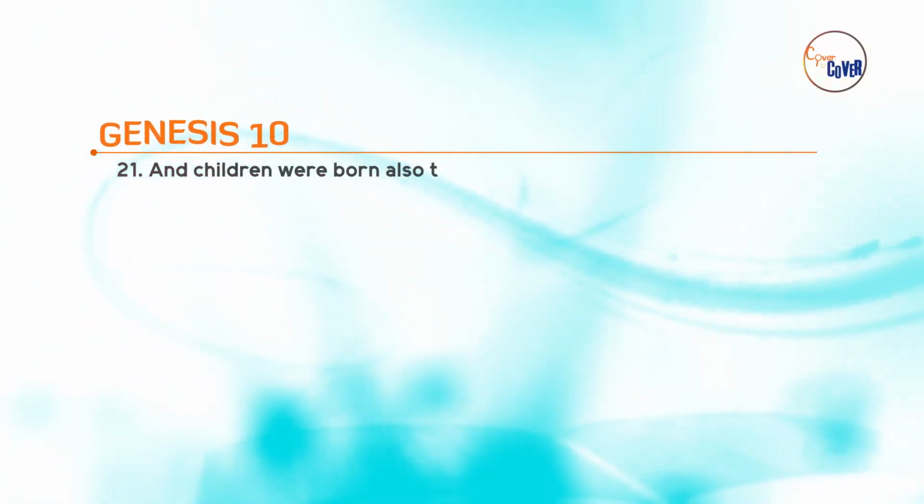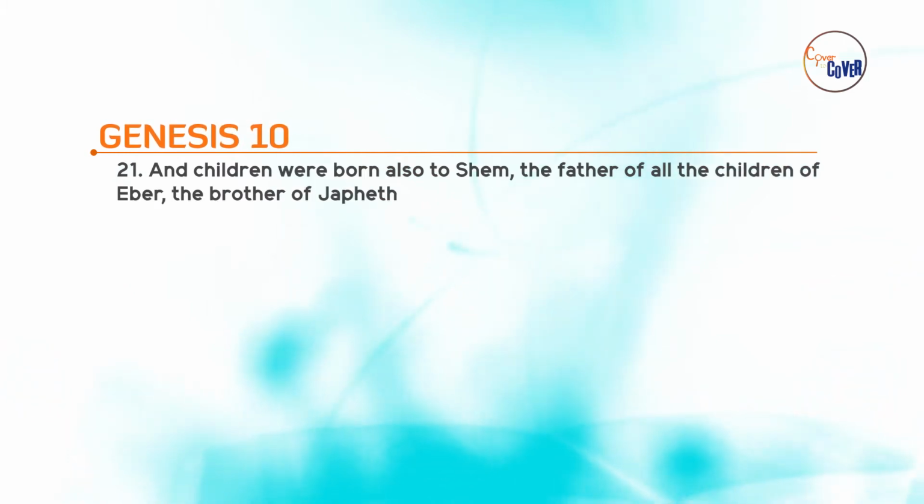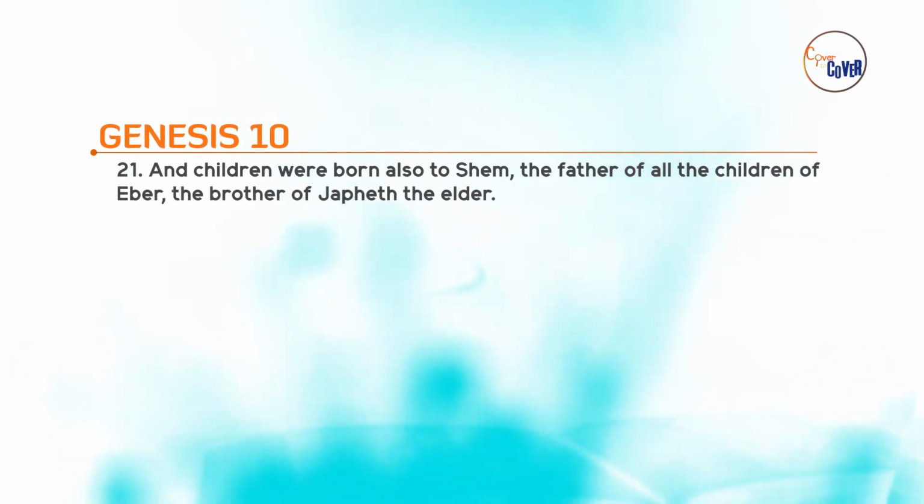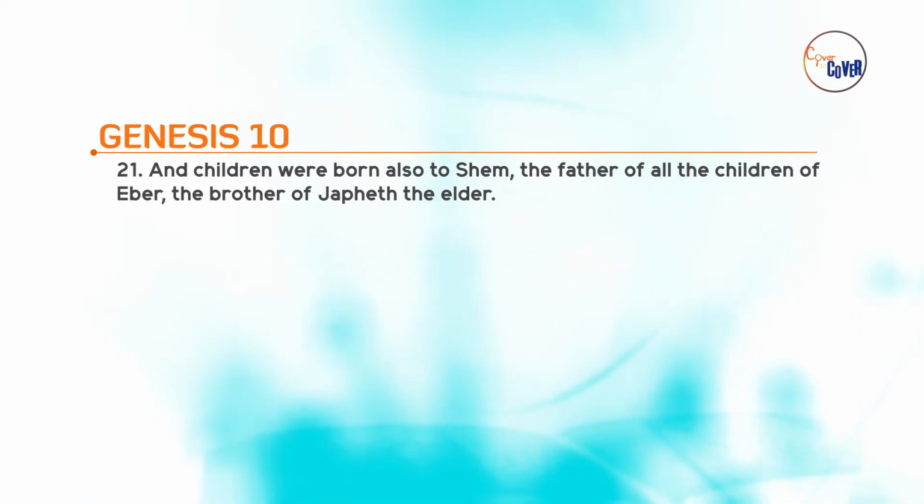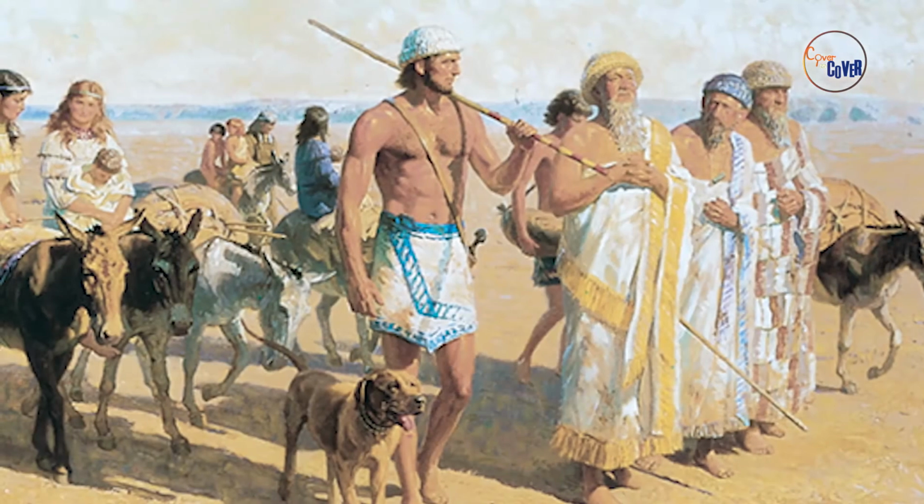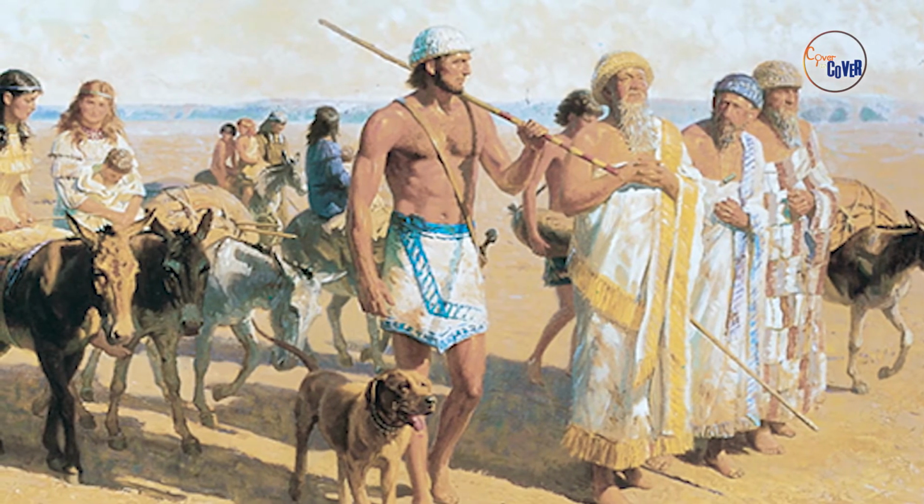And children were born unto Shem, the father of all the children of Eber, the brother of Japheth, the elder. Now, Shem is the father of Eber. Eber, that is the same word that will later be known as Hebrew. Eber turned to Hebrew. So, this is the lineage where we also get the children of Israel, the descendants. In fact, even to date, the children of Israel are called